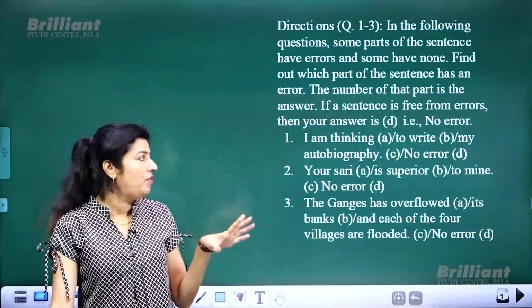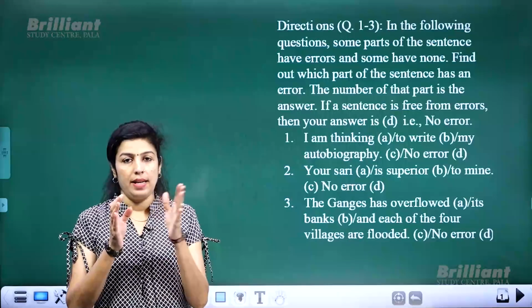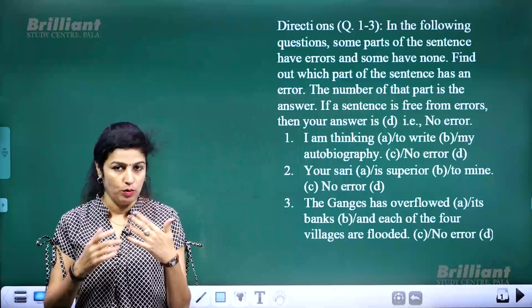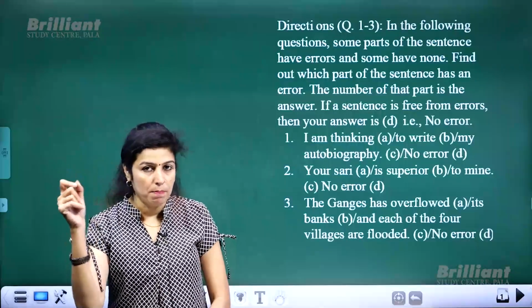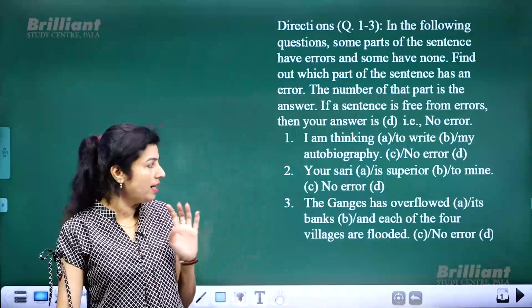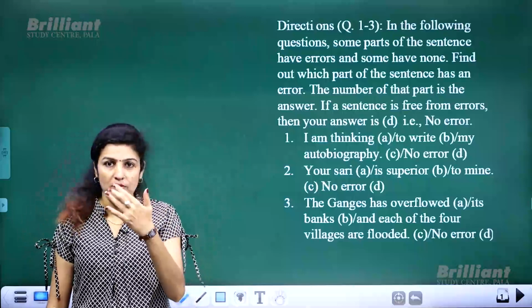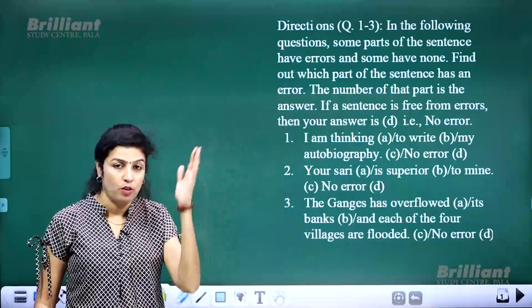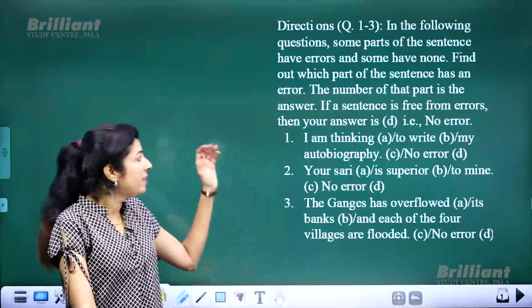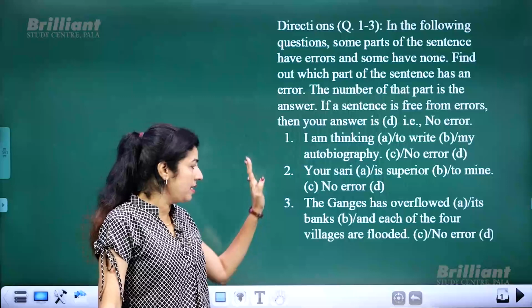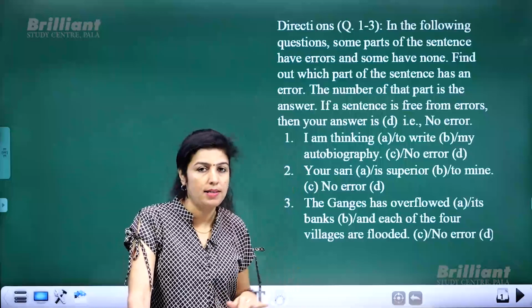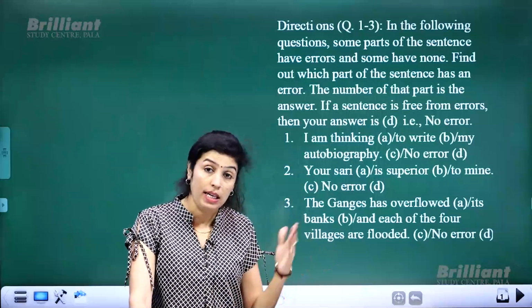That is, you will be given 2 or 3 sentences, and those sentences are divided into different parts, and if any part has got error, you need to find it out, or that part is to be marked as your answer. And if there is no error, of course you can choose the last option, that is no error part. Okay, you are familiar with such questions, right? You have been doing the exams for so many months now, so you are familiar with all these types of questions. Okay, so our 3 sentences are ready, and each sentence has been divided into certain parts, and then you have to find out which part has gone wrong in case if it has got error.